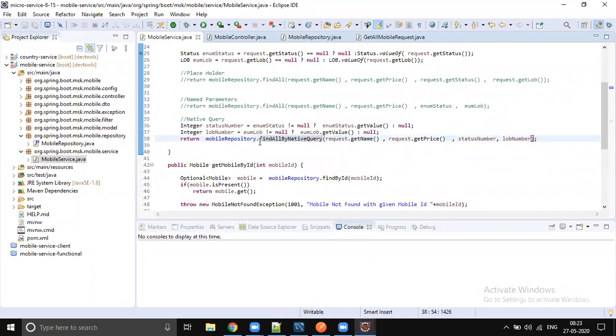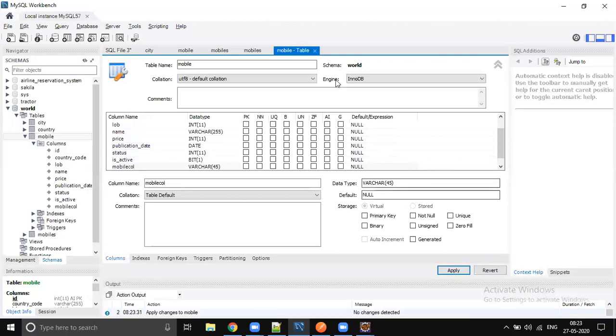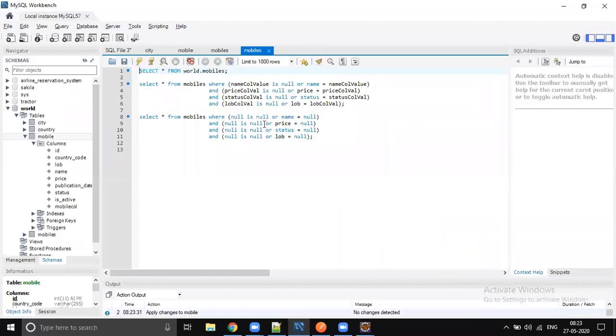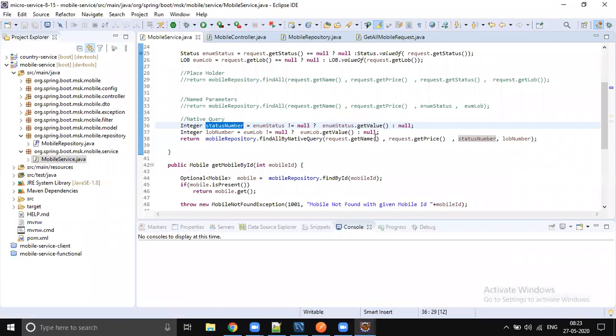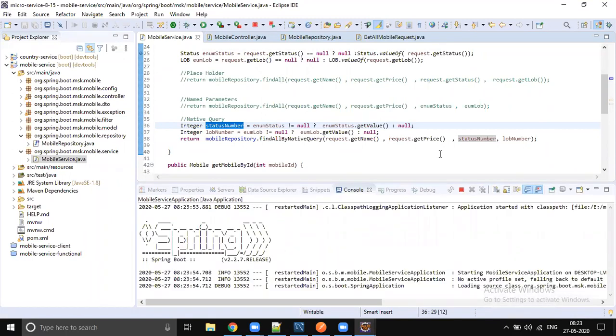Whenever we are using native query, we should take care about the data types. The data is getting stored in the database using zeros and ones. So while you are fetching the data, make sure you are properly fetching it, right? So it's going to be zeros and ones. That's why we are using integers here. But anyway, that is not a good practice. Using native queries in an application is not a good practice. For our learning purpose, we are doing that. So let's not do that in real time. Okay.